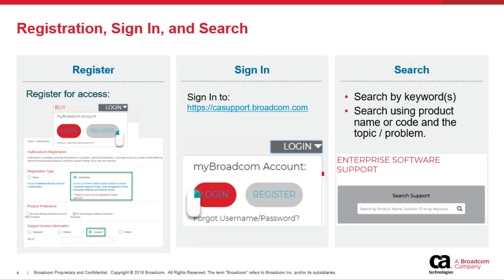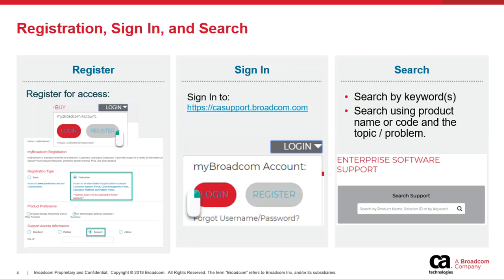After completing your registration, you'll want to reach out to your site administrator for the portal, and that would typically be someone at your organization that could provide your login ID or your email with access to the site and entitlements. After doing so, you can then sign in to support.broadcom.com, or since it's CA Technologies,